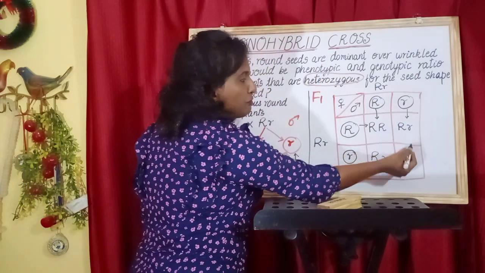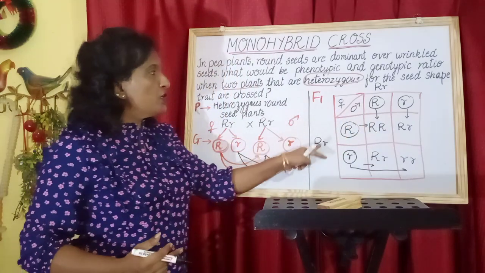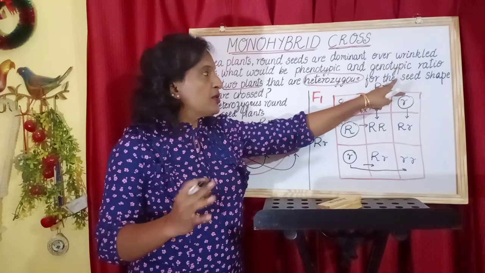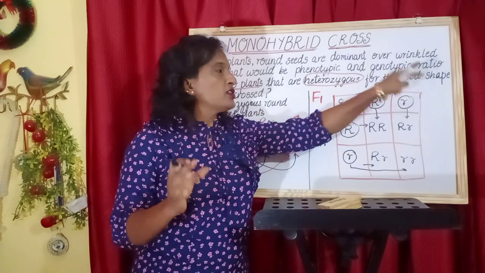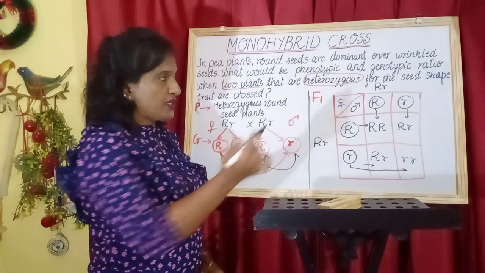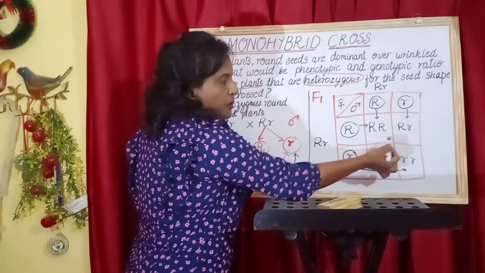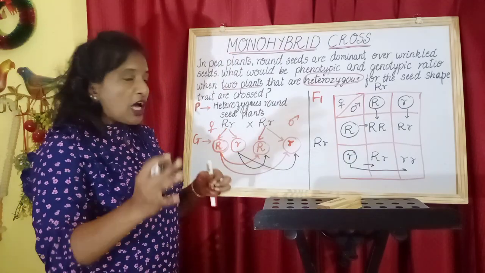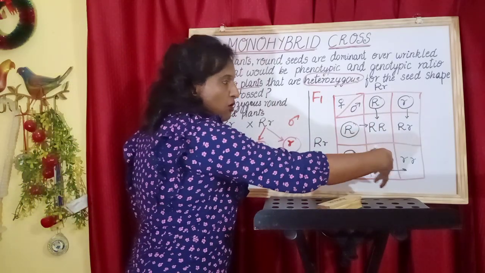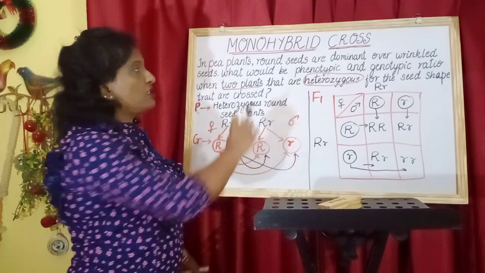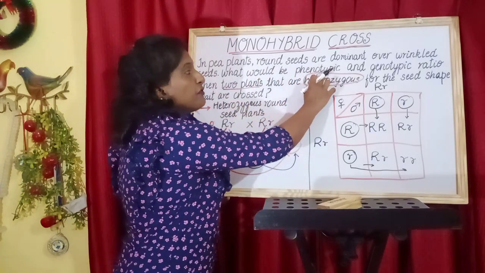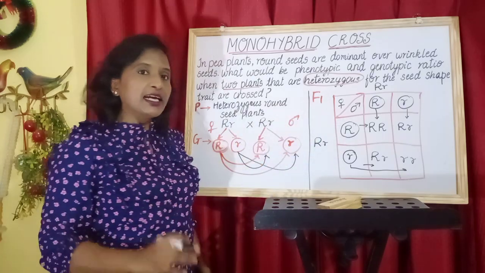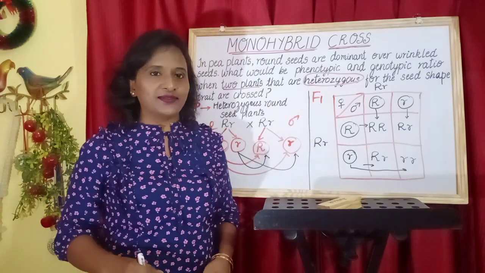So we have got 4 offspring after crossing 2 heterozygous parents, which had dissimilar factors for the particular trait, that is seed shape. So all together, the genes that are present are a little different from each other. Now we'll see, based on the offspring obtained here in the F1 generation, what the phenotypic and genotypic ratio will be.